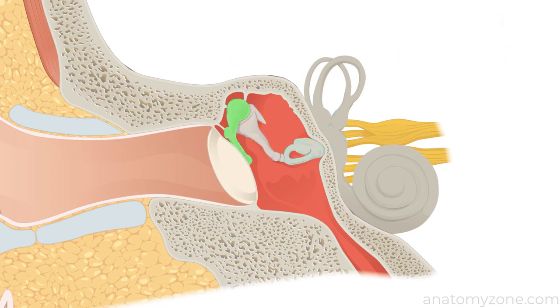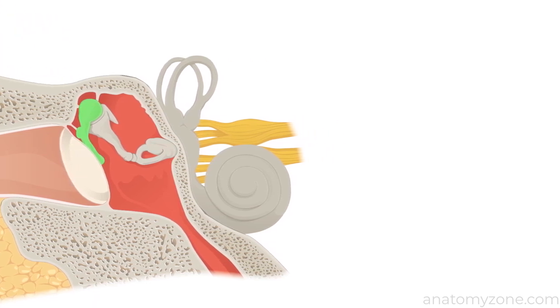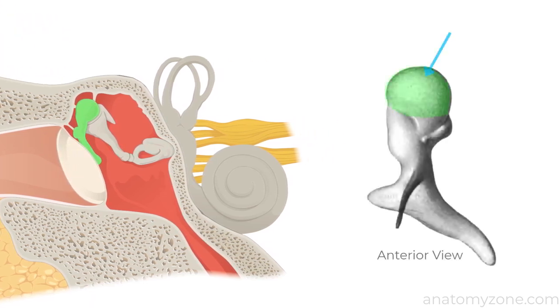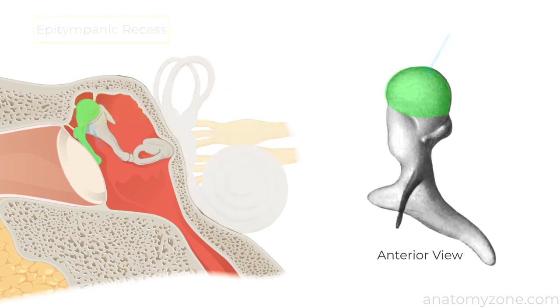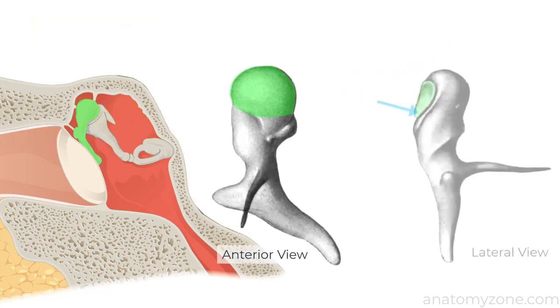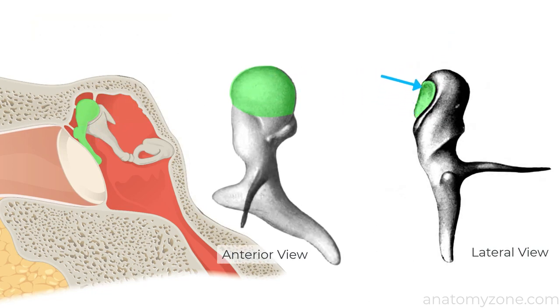The malleus derives its name from its hammer shape, and it's the first bone in the ossicular chain which attaches to the inner surface of the tympanic membrane. The head of the malleus is this rounded part which lies in the epitympanic recess superiorly and articulates with the incus via its posterior surface. You can see this facet for articulation with the incus on the posterior surface of the malleolar head on this